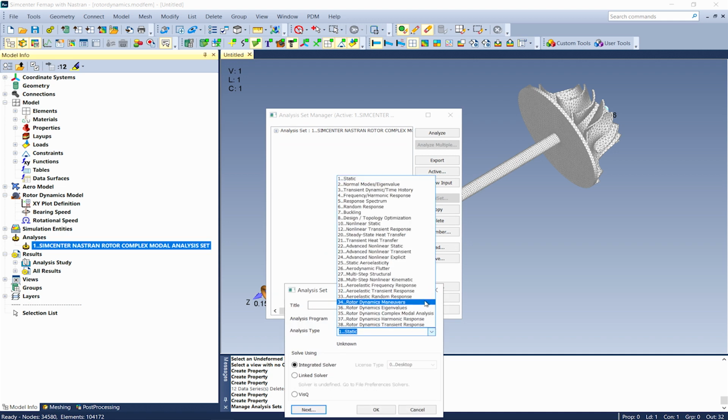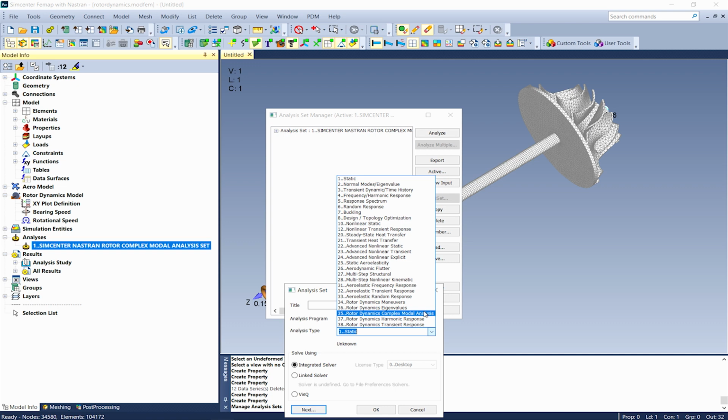Rotor Dynamics Solution 414 has 5 new analysis types. Solution 414-101, Maneuvers, is a linear static analysis with rotational forces. Solution 414-103 is an eigenvalue analysis that computes modes of the system at rest. Solution 414-110 is a complex modal analysis that's used for finding critical speeds and analyzing the stability of the rotating